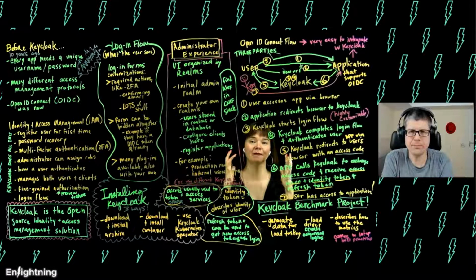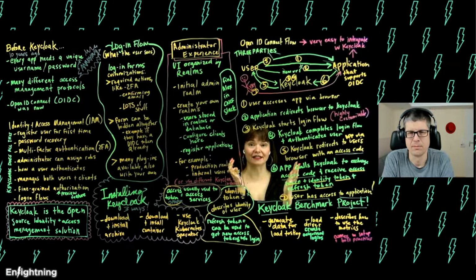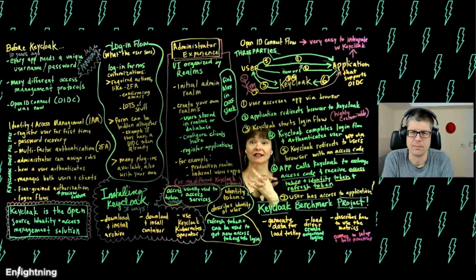and the Keycloak UI can be divided into realms. So there's the initial admin realm, but then you can create your own realms to be able to separate concerns. You could have your users stored in one of these realms, or they can be stored in a database. You configure your clients as part of a realm. You can register applications as part of a realm. So you might have a realm that's related to production, and you might have another realm that's related to internal users and applications. But some people also will just use a whole different instance of Keycloak to separate these concerns as opposed to doing it in realms.